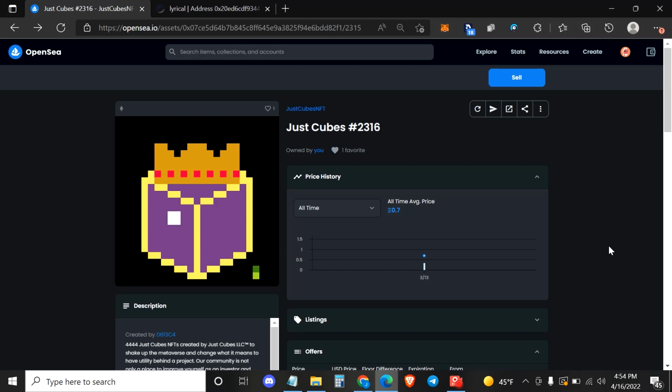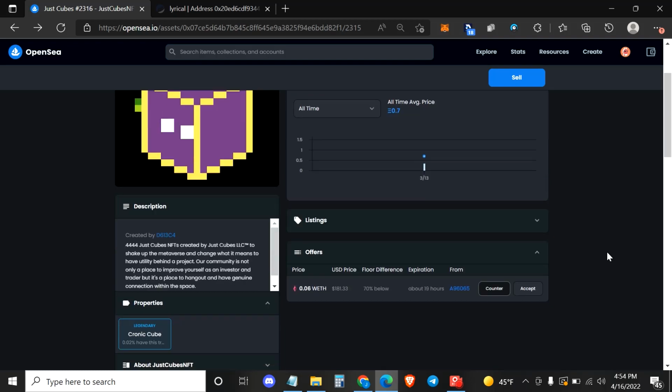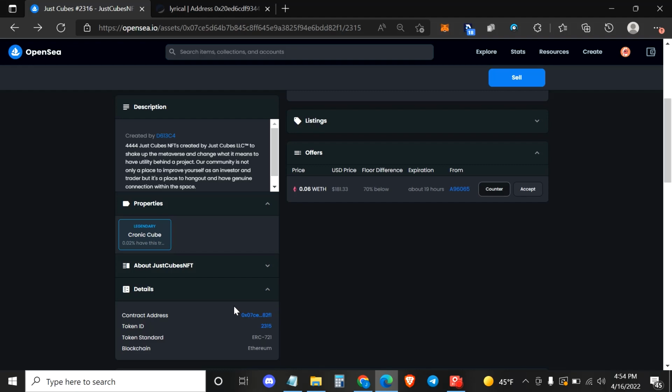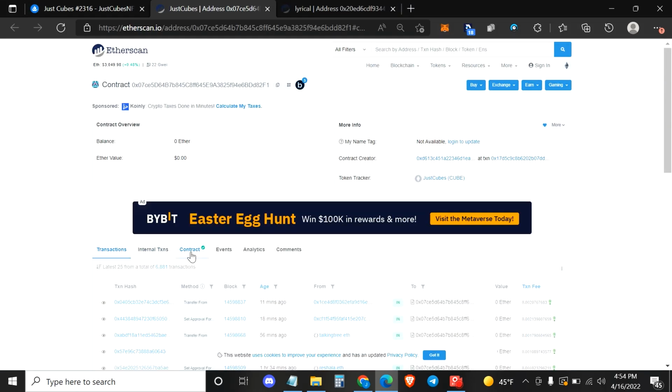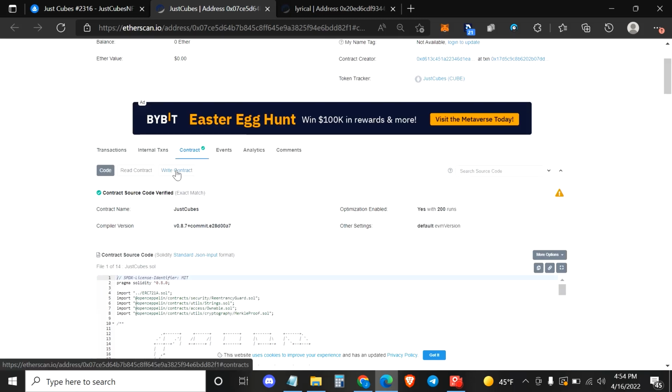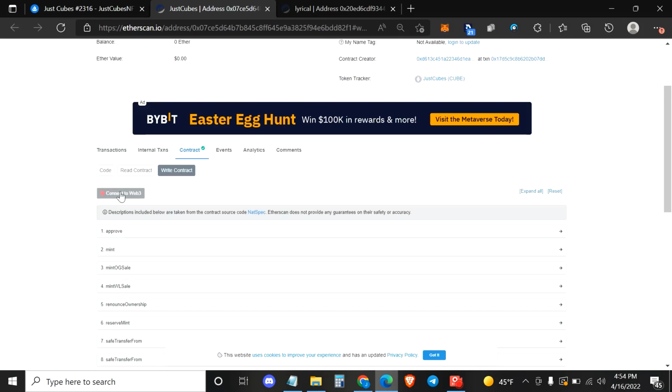You're going to want to be at the OpenSea of the NFT you want to mint. Go to details and click on contract address. And from here you want to click on the contract. You want to write this contract, connect your wallet,